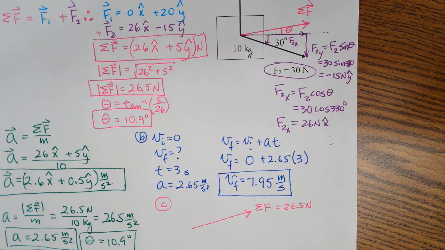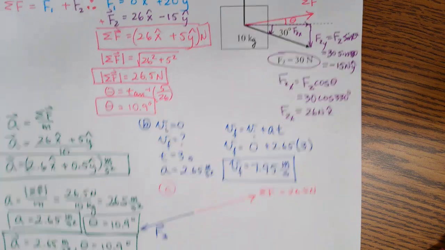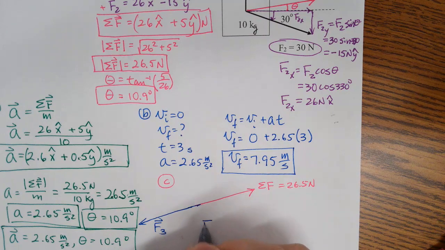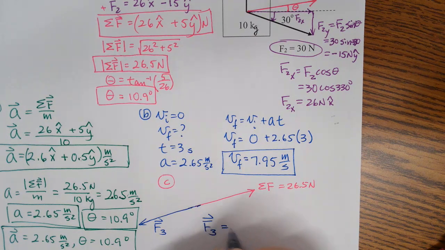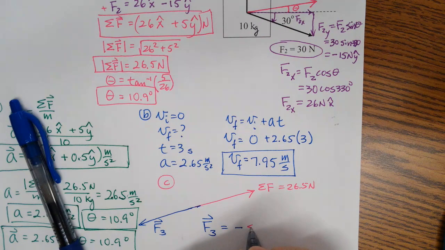Well, the force opposite of that will stabilize that. So this can be F3, in the opposite direction. So since F3 is equal to negative net force,